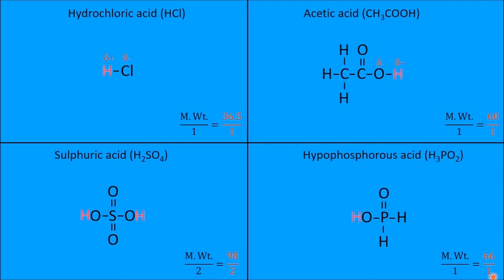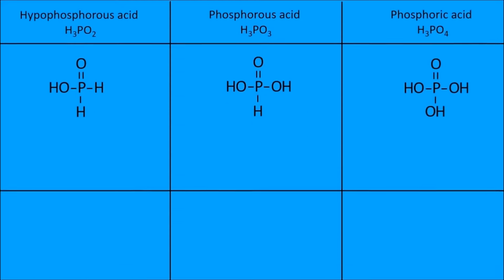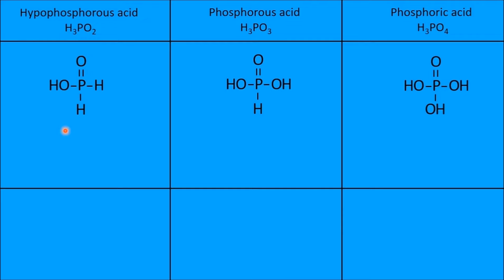Shall we see some other examples for equivalent weights? Equivalent weights of oxyacids of phosphorus. Already one example is over. Same example I am showing here so that the comparison becomes very easy. See here, H3PO2, the previous one only, we discussed that. Even though 3 are there, all are not replaceable. How many are replaceable? Only one replaceable. Here see the basicity now. Monobasic acid, by 1.